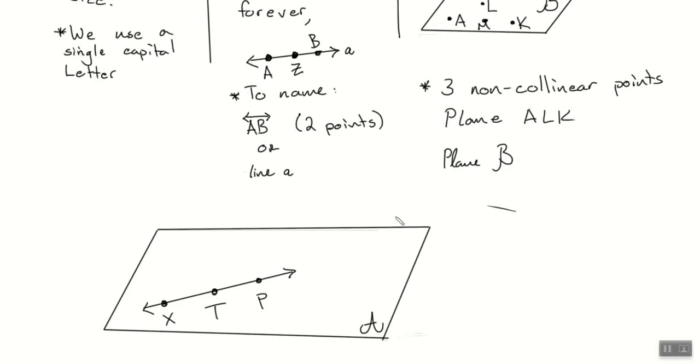All right. As we're looking at this, I'm going to try to go a bit quicker. Maybe we don't have to formally define everything, but the notation is going to be important. I have a few questions for us. And I'll give you a second because I can tell some people are still drawing. This is where we talked about the binders and stuff. Like, if I could print these out, it'd be easier. I don't know the right way to do it. All right, check it out. Somebody tell me a name of a line up here. TP. TP. Vincent, give me another name for a line up here. XT or XP. I'm cool with that.